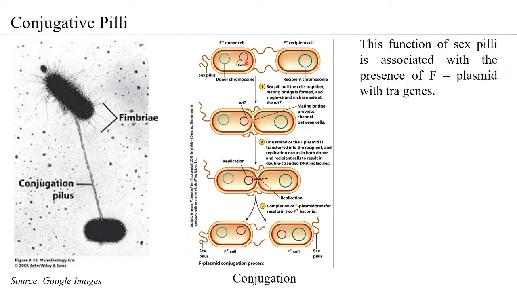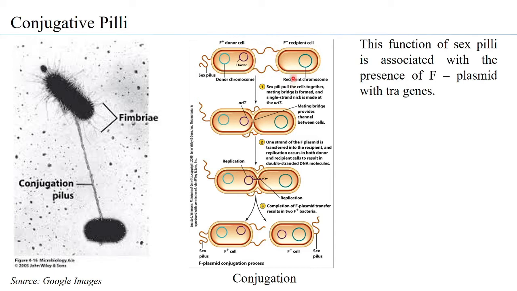Now, the interesting fact is that a bacterial cell which has the F plasmid can interact with a cell that does not have an F plasmid. So those cells that have an F plasmid are referred to as the F plus donor cell, and those cells that do not have the F plasmid are referred to as F minus recipient cell. So the pilus that has been extended makes an interaction with a recipient cell. At this point of time, the pilus is in an extended form.